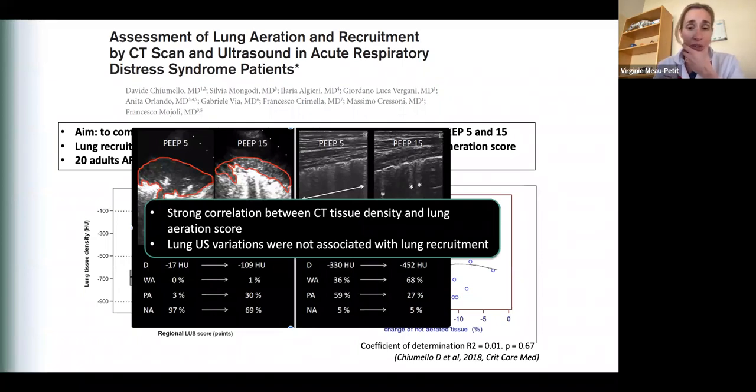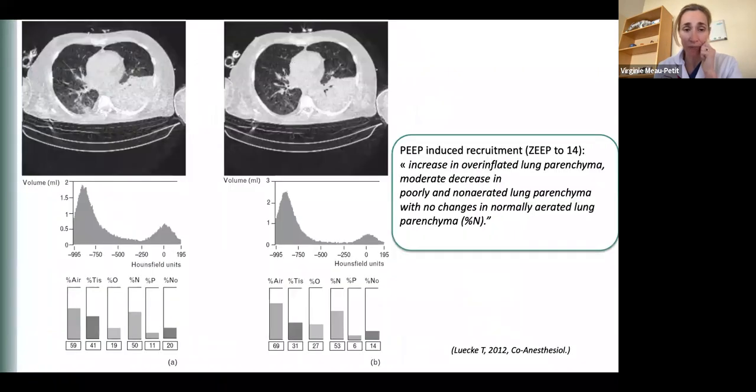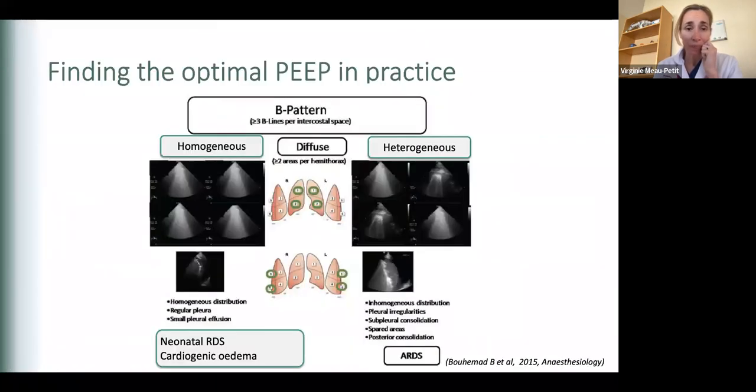And of course, they show that there was a good correlation between what you observe on the CT tissue density and lung aeration score. So in practice, what does it mean? So does it mean that when we have a patient who is deteriorating or increasing